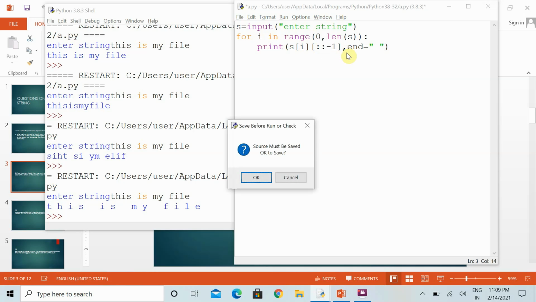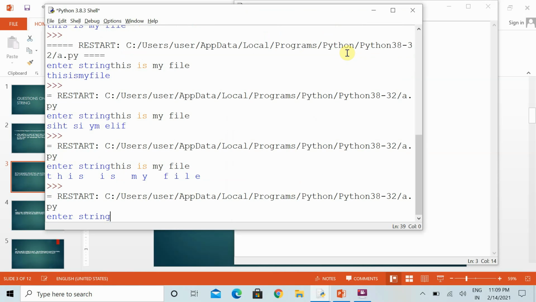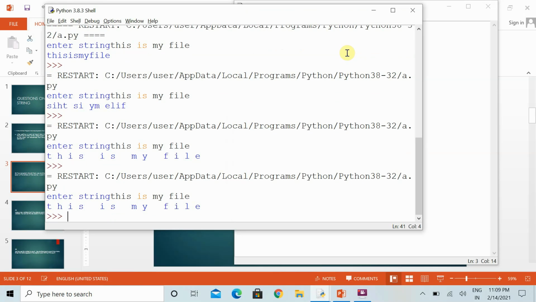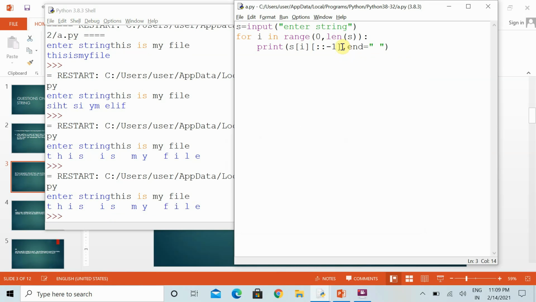In this way also we can convert the things in the reverse order. This is also one method to reverse it. I have executed the things.